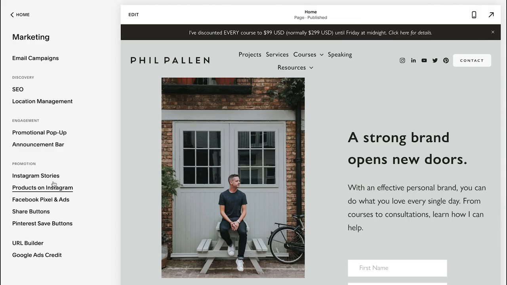Now, there are some other partnerships that Squarespace has and other tools and businesses that they've acquired and incorporated into their platform. Instagram stories, products on Instagram, Facebook pixel and ads, share buttons, Pinterest save buttons. So you see there are some integrations here that might be useful for you. Google Ads credit, URL builder. You can spend some time here after this video. It's already long, so I'm not going to go into detail on these, but I want you to know where